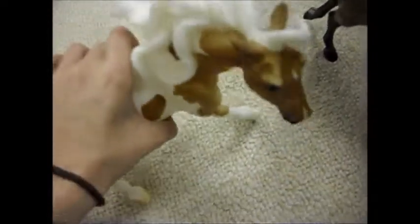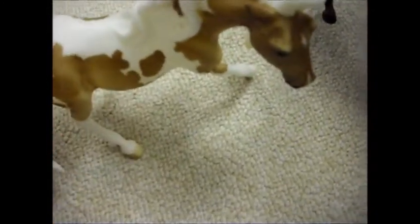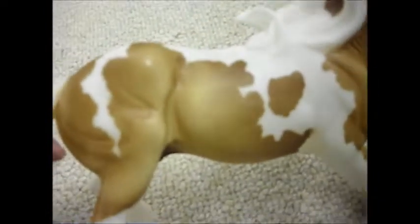He has a blue eye and a brown eye, which is really, really nice. Now I've seen a lot of them, because they're hand painted and stuff. This guy didn't have as many dapples as